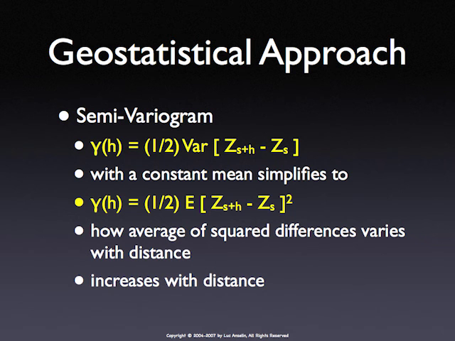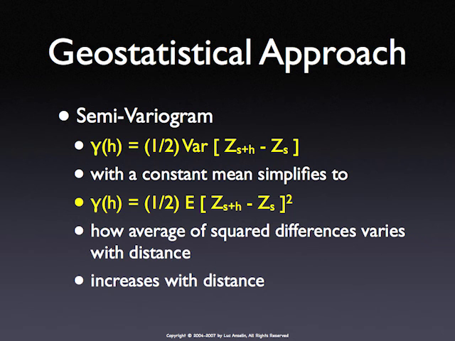The question is the same as we had before the break. What square differences do we take? Because h is a continuous function. It's just like the density estimation. How do we get that if we don't have multiple observations for each discrete h? So we will approximate this by taking bands and estimate this function in distance bands. And that's the classical approach for a variogram. The method of moments: population moment equation, E for the population, sample moment equation, an averaging